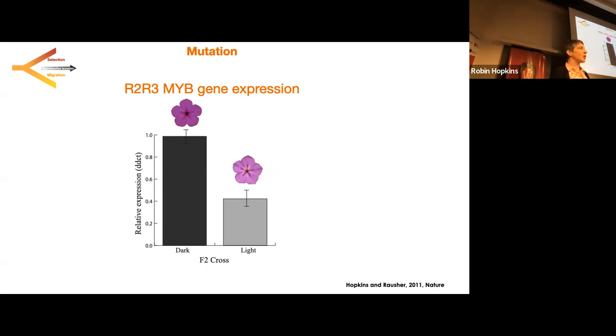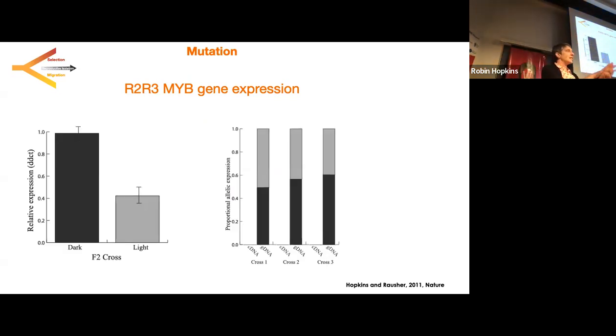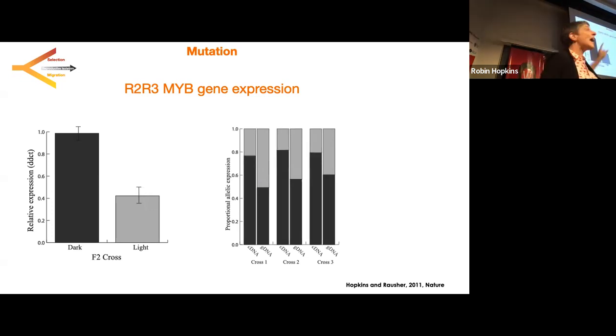So we have higher expression of dark than light in the flower buds that are making the pigments of this gene. We can also look in the F1s, right? So this is an individual that we know has one light allele and one dark allele. This is genetic DNA composition of 50-50, right? A light and a dark. We can look at the transcript abundance of the light and the dark allele in those F1s. And we actually find that in those F1s, the dark allele is overabundant. So the allele-specific expression also shows that that dark allele is pumping out transcripts way more than the light allele, consistent with an upregulation of gene expression of that particular dark allele.